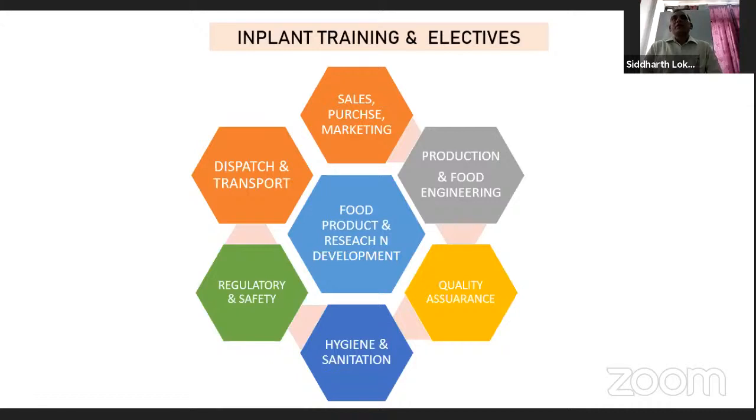In-plant training varies from institute to institute. ICAR institutes have 4 months of training. The AICTE institutes have 1 month of training in the second year and third year. So different curriculums have different criteria. But according to my own opinion, industrial training creates a very great impact on your future career,